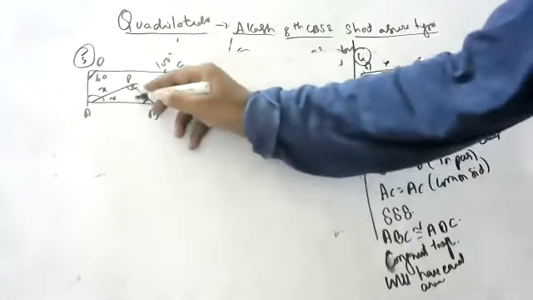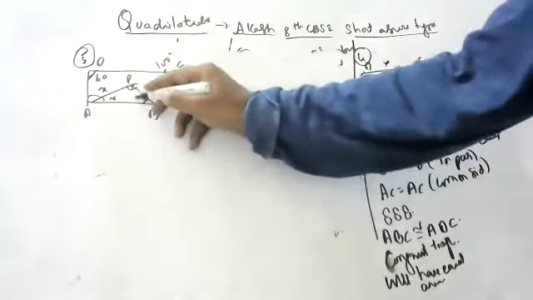Can anyone apply the angle sum property for ABCD? The sum of the angles of a quadrilateral is equal to 360 degrees. A is 2x and B is 2y, C is 60 and D is 100. So 2x plus 2y plus 160 is equal to 360. 2x plus 2y is equal to 200. So x plus y is equal to 100.